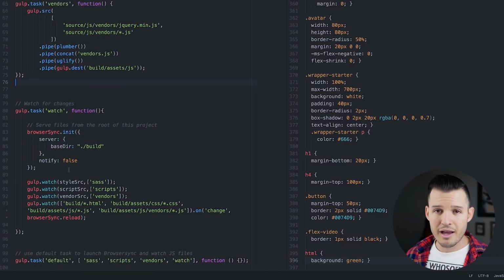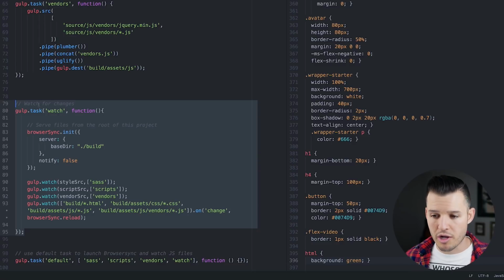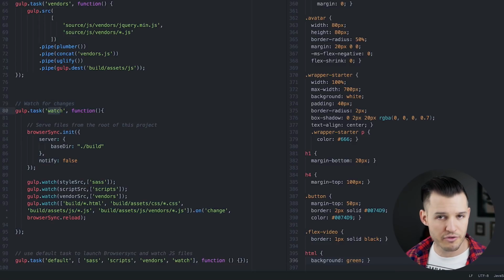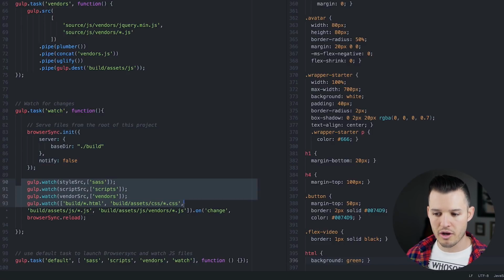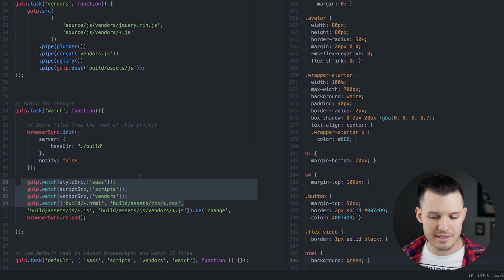All right. And then I don't want to keep doing it over and over. So I've written a basic gulp watch task that says, hey, I want you to watch for changes. Anytime a change happens, use this really awesome thing called browser sync and refresh my project in the browser. And then after you're done doing that, I want you to watch each of those different tasks that I've created.